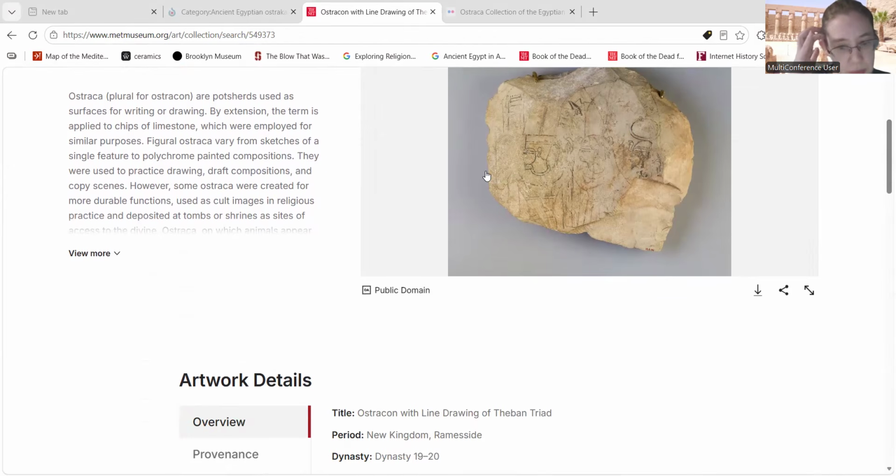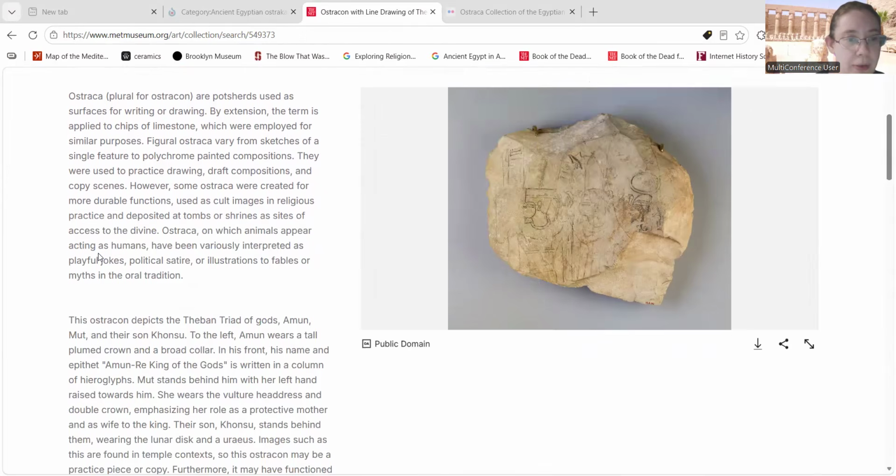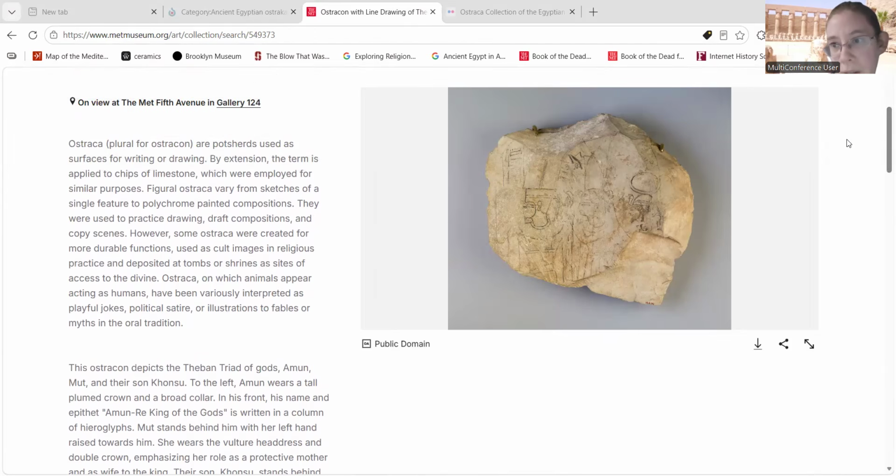And so we have the god Amun. The three deities that are represented here are Amun, Mut, and then their son, Khonsu. And because this was meant to be a sketch object,